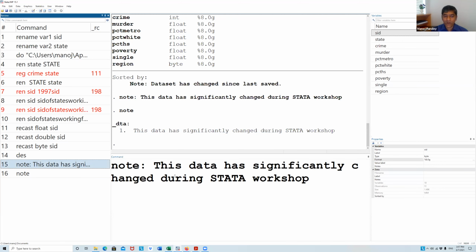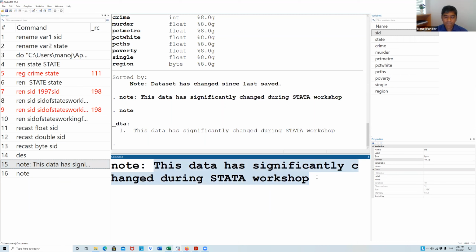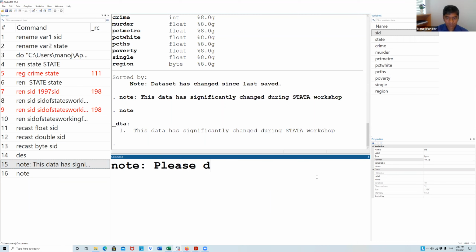I'm writing another one: please don't touch this data. Suppose I am giving this data to someone who might deliberately change my data, so I need to warn that person so that he or she can see the note and say, okay, fine, this person doesn't want to touch this data.